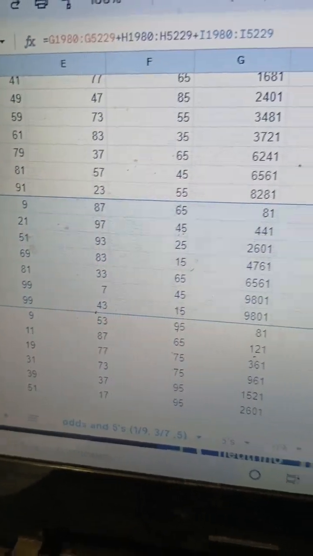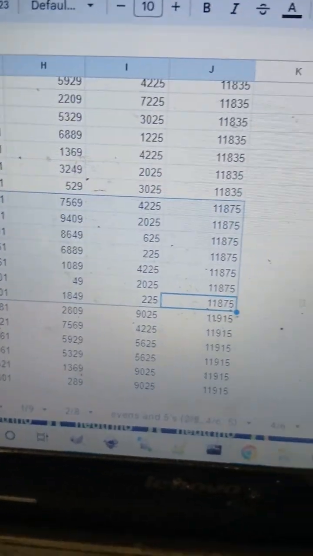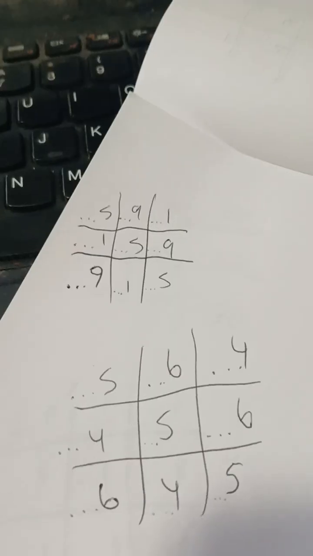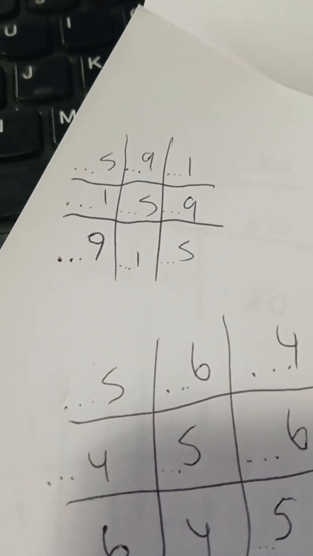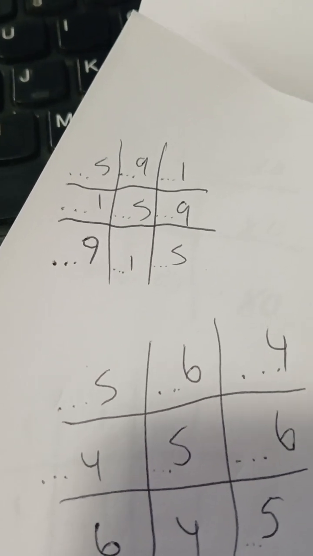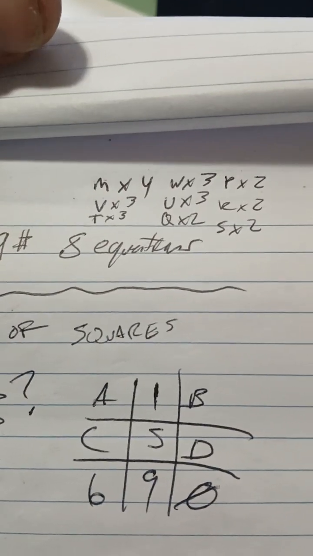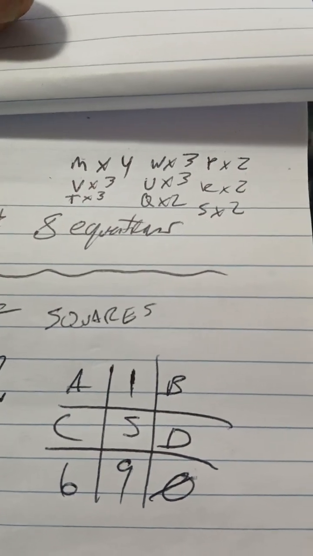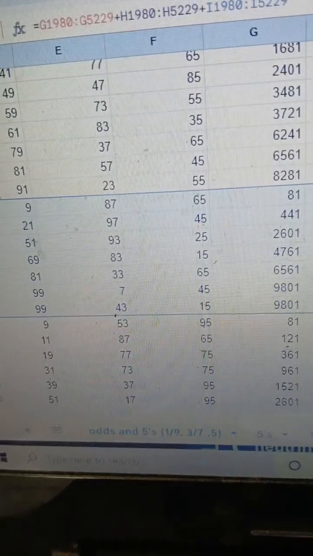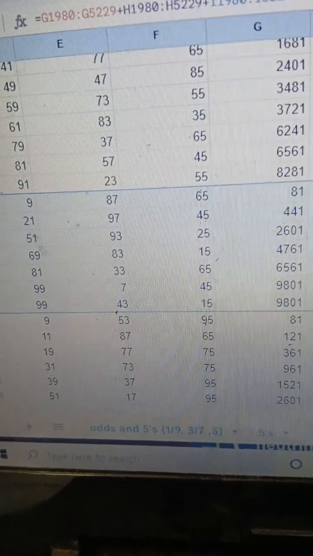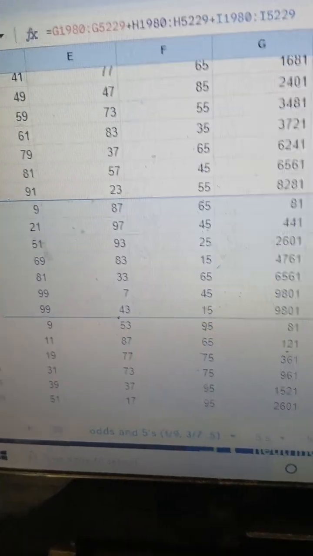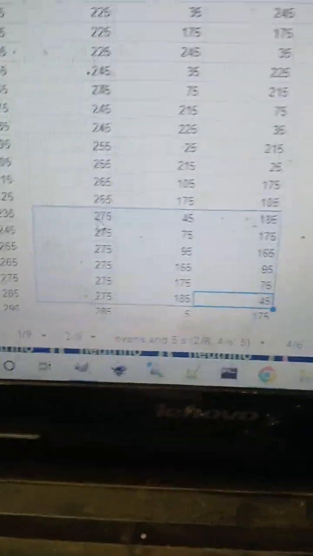So maybe that's something I want to try to work on too, but I really don't think that's going to work out. Because again, I have to put it in this format, or it all has to be ending in 5. And I have to find one that's being used in 4 combinations, 4 being used in 3 combinations, and 4 being used in 2 combinations. But it's like only 3 being used in 2 combinations here with the odds and the 5s. And like I said, there's only 1 3 combo here